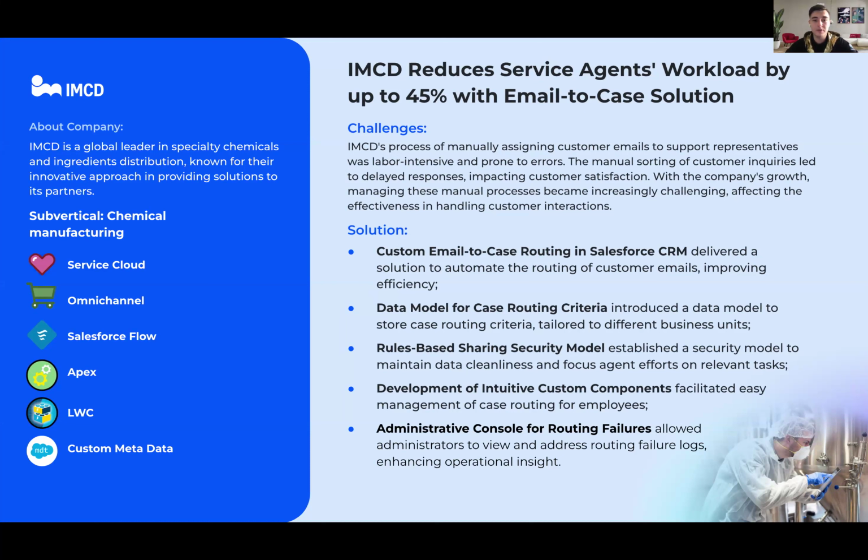And you know how, as you're growing your business, you always encounter challenges because you need better systems and better technology to support you, right? Here the challenge was that their service teams started receiving more queries from customers. They started reaching out for support, and it was hard for them to respond and react to those queries and cases quickly, and also to address them in the right way, because they had to do manual work. So that's why we supported its transition to the right system with a good email-to-case